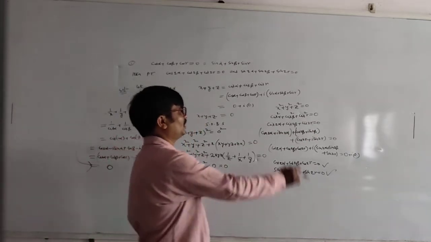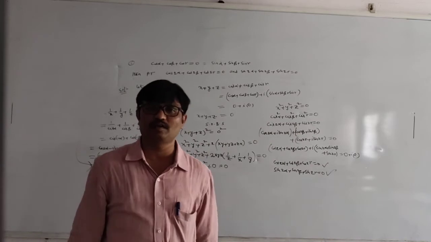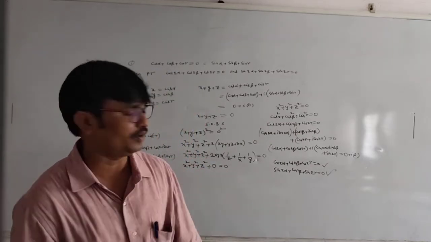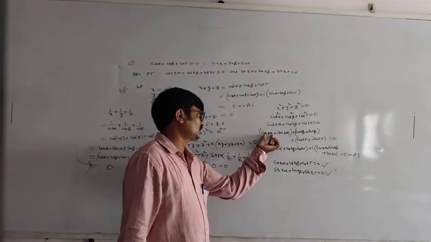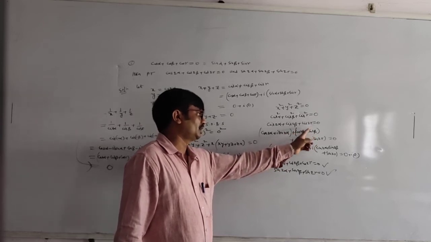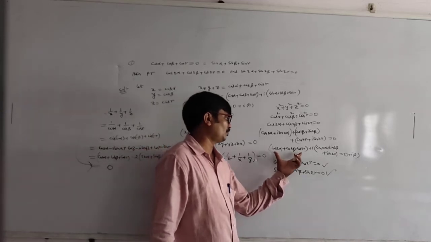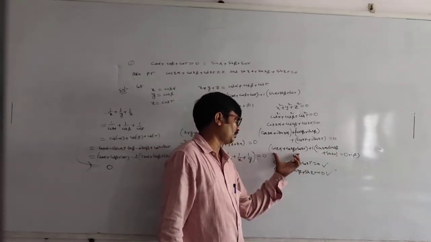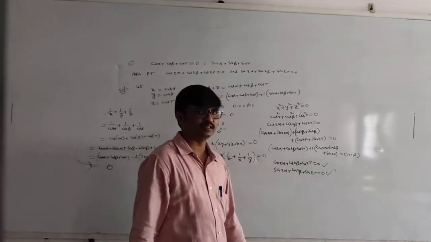By De Moivre's theorem, we can remove the cis: cos alpha plus i sin alpha whole squared is cos 2 alpha plus i sin 2 alpha, that is nothing but cis 2 alpha. Now removing the cis: cos 2 alpha plus i sin 2 alpha, cos 2 beta plus i sin 2 beta, cos 2 gamma plus i sin 2 gamma. We can put the real part in one bracket and the imaginary part in another bracket. Real part is 0 and imaginary part is 0, equating the real and imaginary parts on both sides.